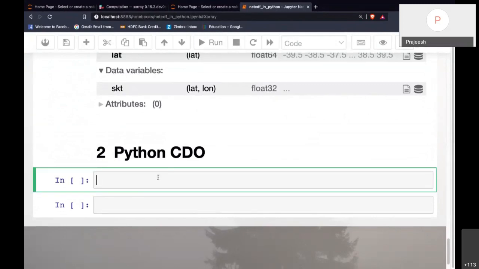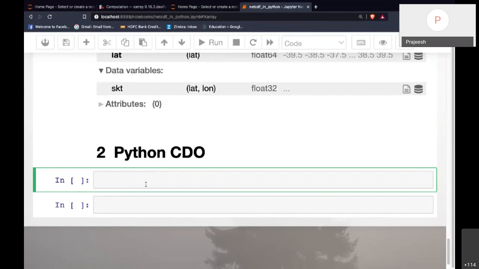So another tool which is very helpful in dealing with NetCDF data, not just any NetCDF data, but the NetCDF data which are used in our climate science field, is CDO. Most of the people might have used it directly as a terminal command. But now the CDO library is also available for Python.